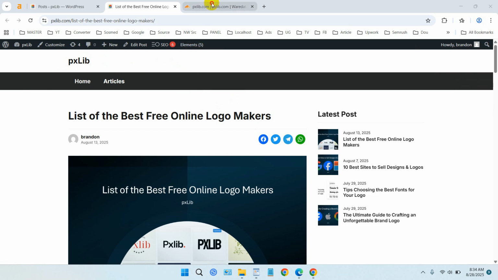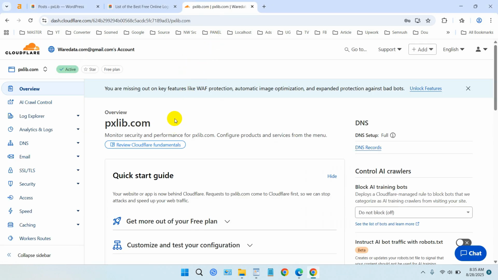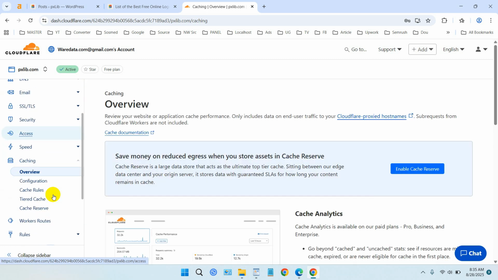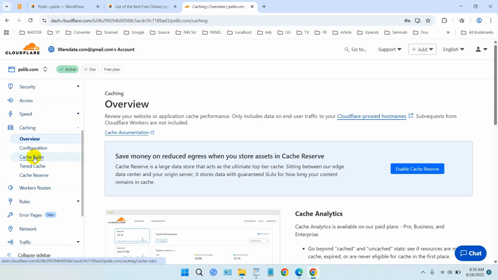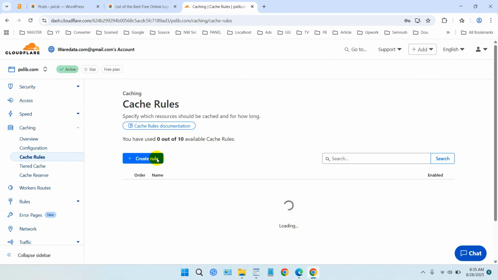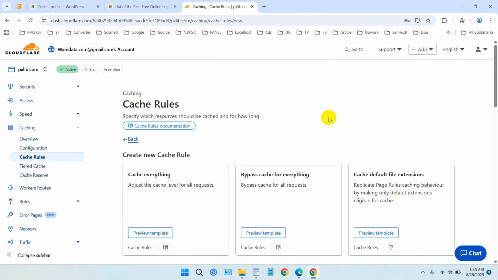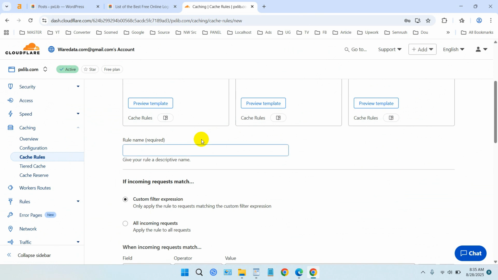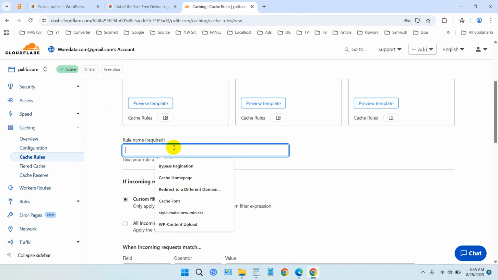First, you need to add the cache rules on Cloudflare. For example, in here, just select caching and scroll down and select cache rules, then click create rules. After that, you can give the rule a name, for example, bypass login